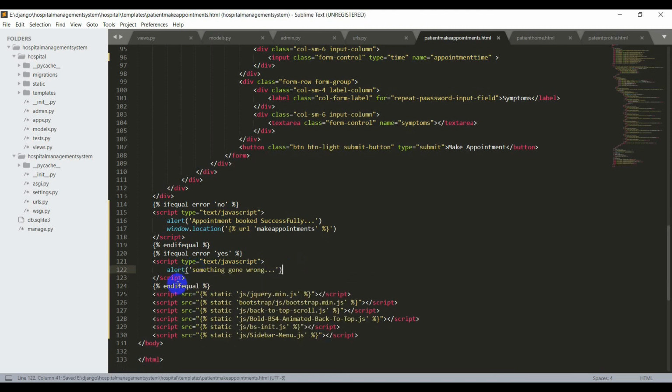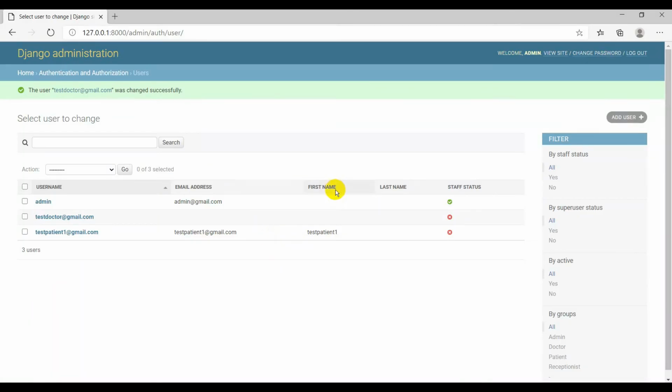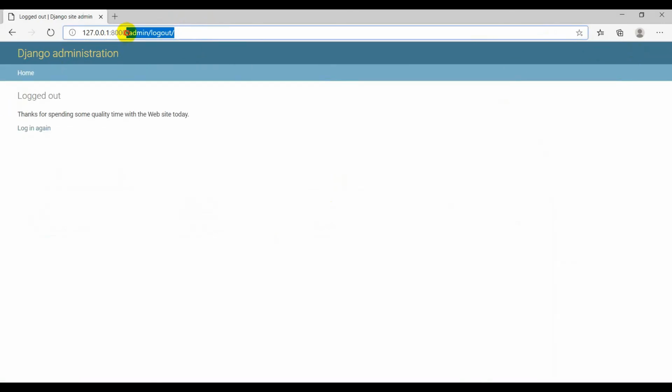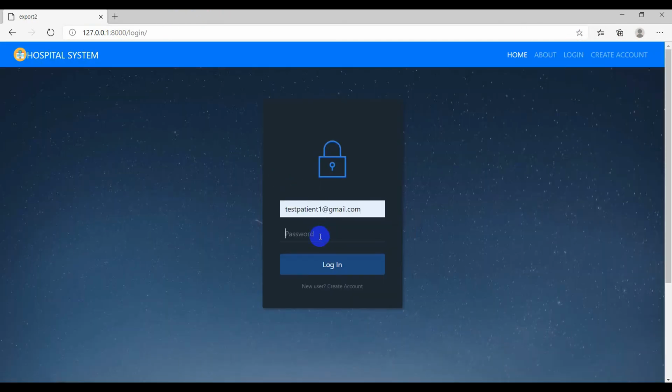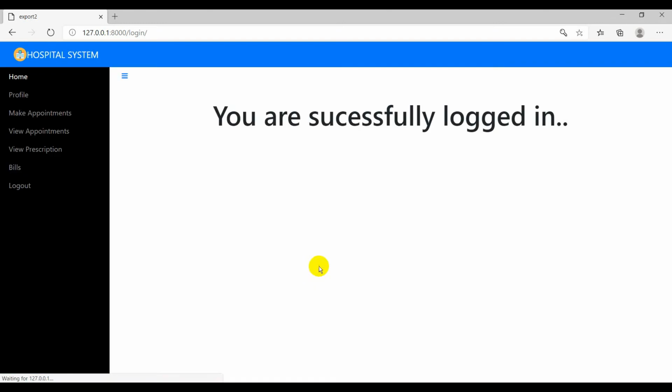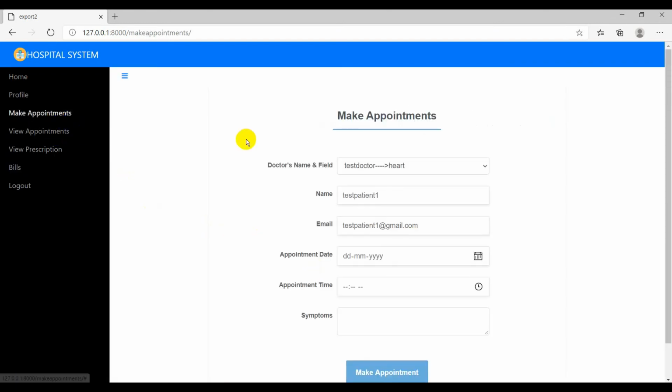So save this file and check whether it's working well. And yes, it's showing the doctor details.